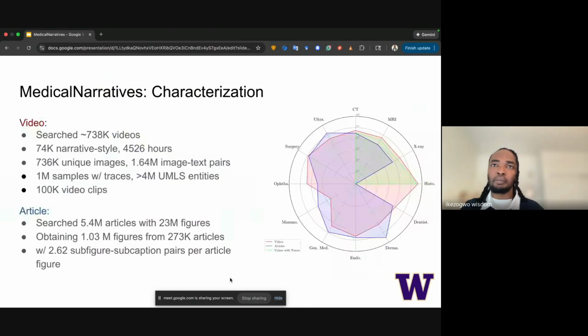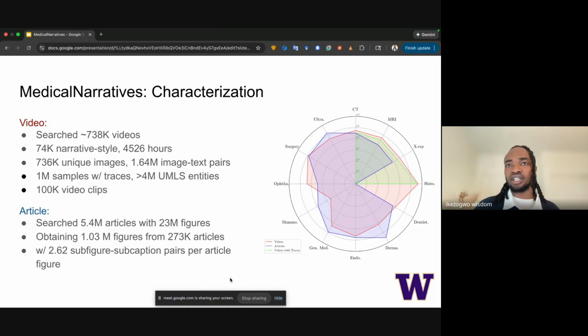Our final data set contains over 700,000 unique images from 74,000 videos. We total about 4,000 hours, and we're able to extract about 1.6 million image text pairs and also 1 million image text pairs with spatial traces.